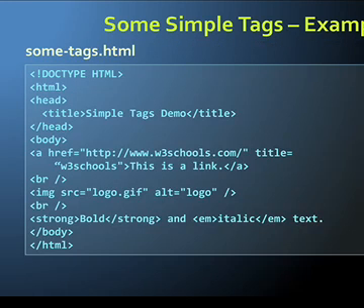Example: HTML, head. In head you can write simple tags, just a heading, then head close, and body, and a link is there. The BR tag is used to break the line, just like a new line character. It will break the cursor, it will come down, it will push down to the next line.